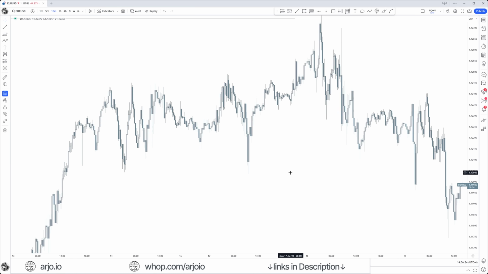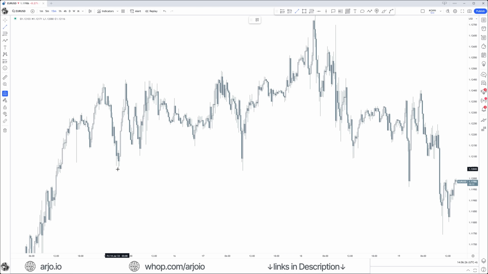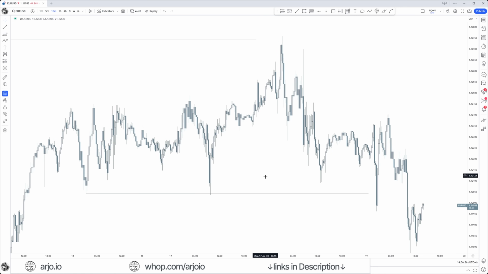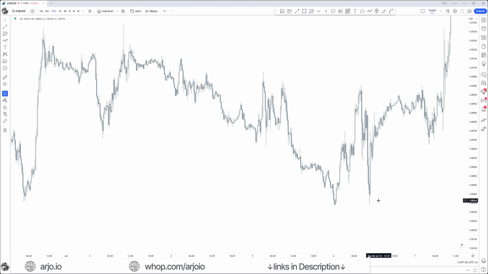What is opposing liquidity? Opposing liquidity are these equal lows right there. When we have a sweep, so we have that ST model formed, price will target opposing liquidity, buy side liquidity to now sell side liquidity. So if we take a look at this example on, again, EU, after sweeping